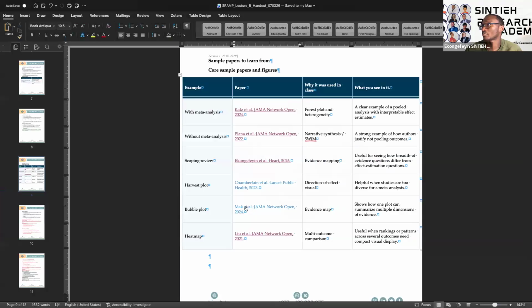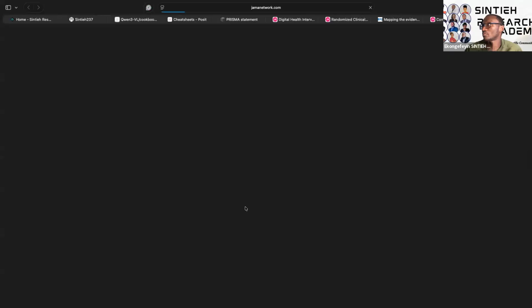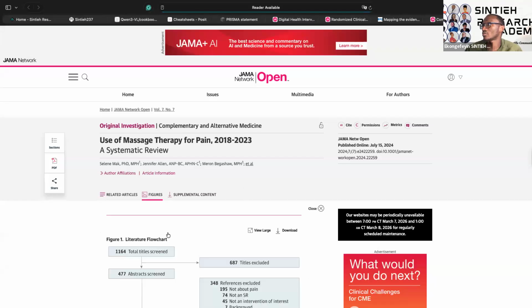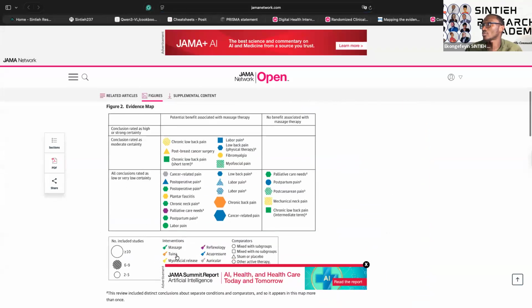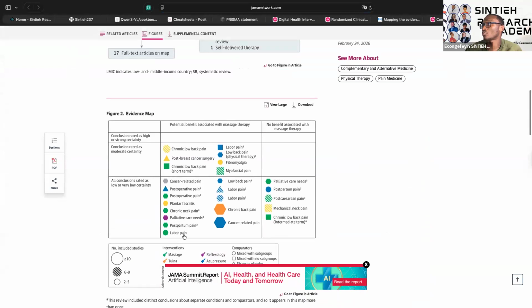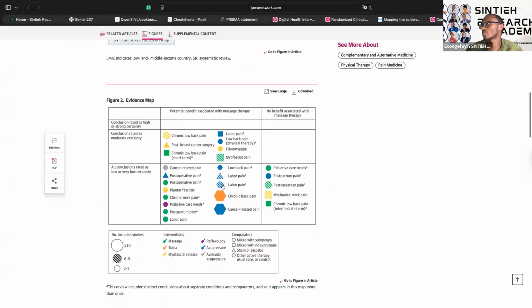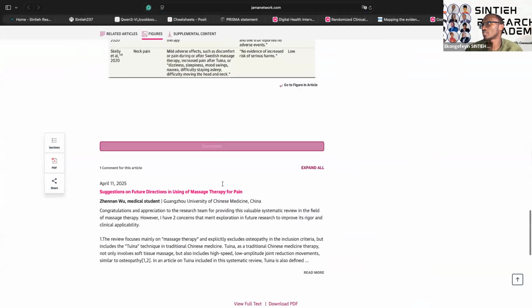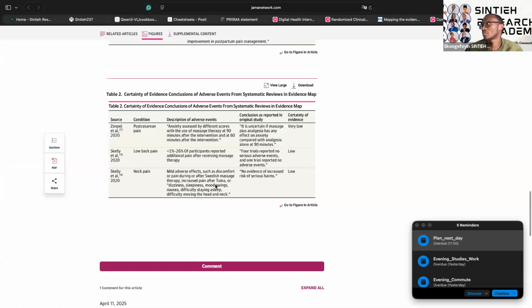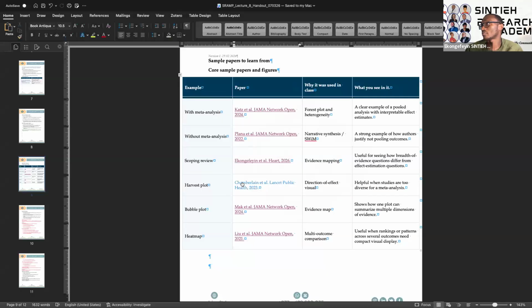And then this one has, again, we always see, this one now has kind of bubbles, but it just gives you an idea of where the evidence has been, and then they change it. So you see that the size of the bubble or the color of the bubble represents the number of studies that were included in the study. And then they still have their table again. And then last but not the least,